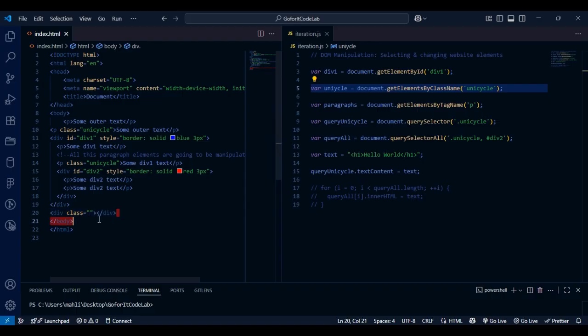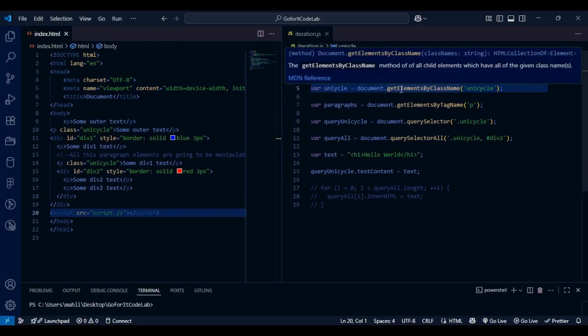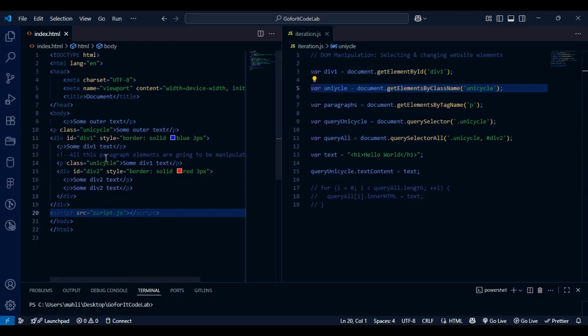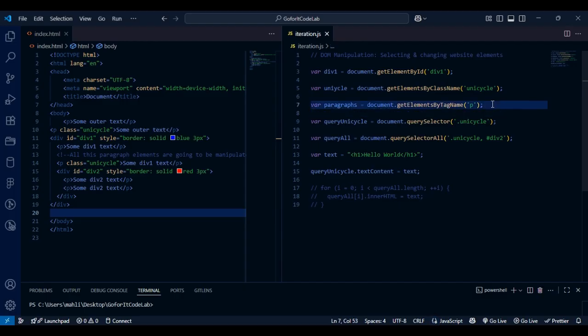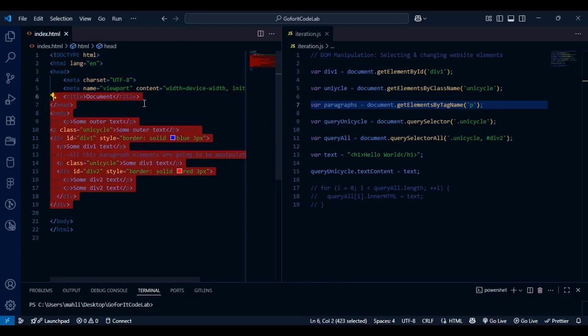All those elements inside this class tag, this class by the name unicycle, will be manipulated. So all the elements inside these paragraphs of this HTML text are going to be manipulated using